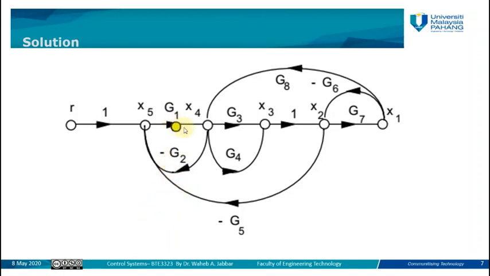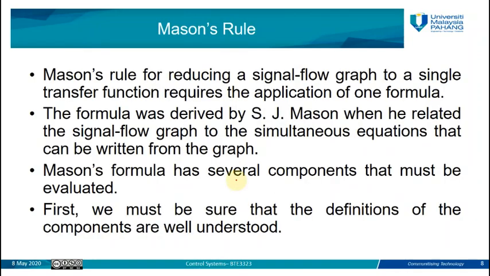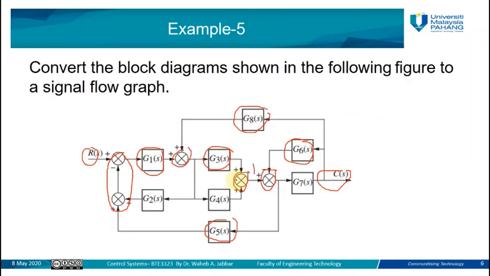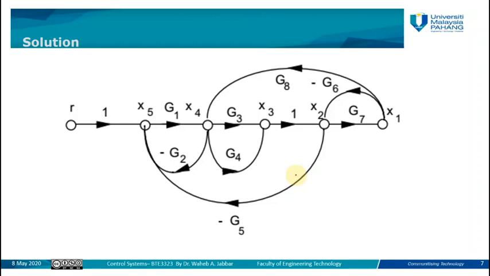This one is positive G1, positive G3, positive G4, because here it's not the feedback, it is our parallel path. G3 and G4 are in parallel; G4 is not a feedback for G3. You can see this is the same direction, going forward, and the same direction for G4 is going forward, and it's a parallel system. Then this is the overall signal flow graph of our control or block diagram for the control